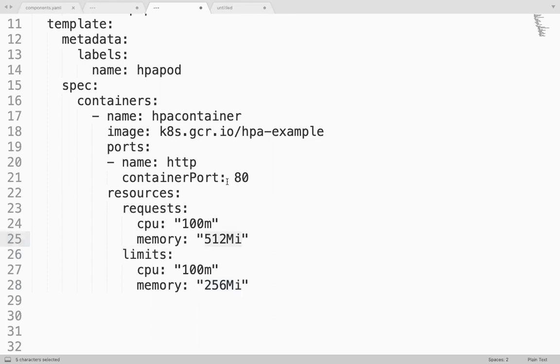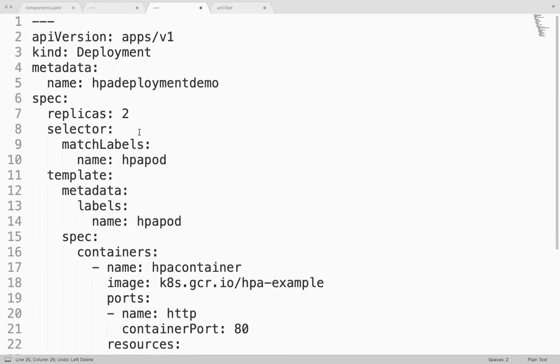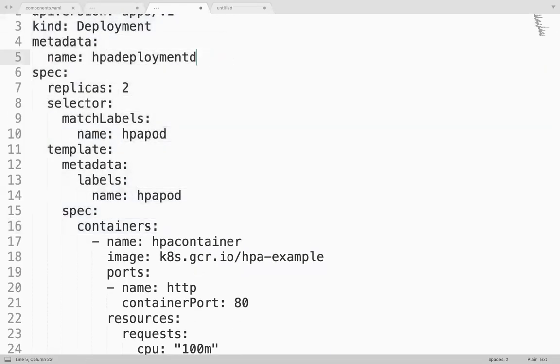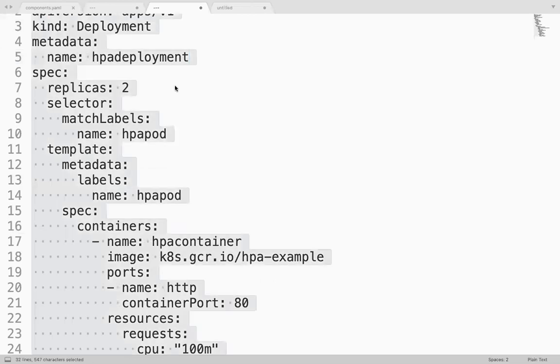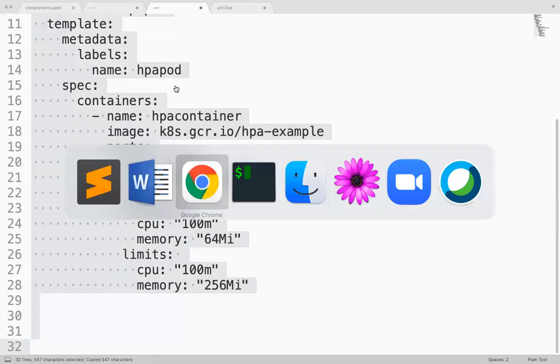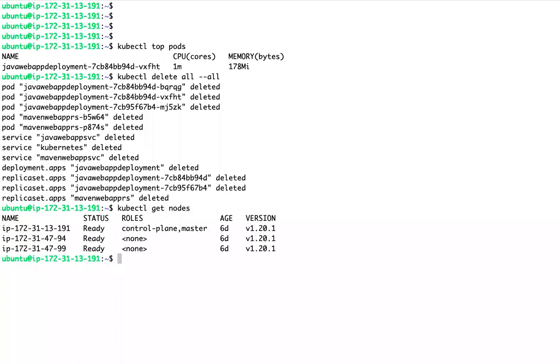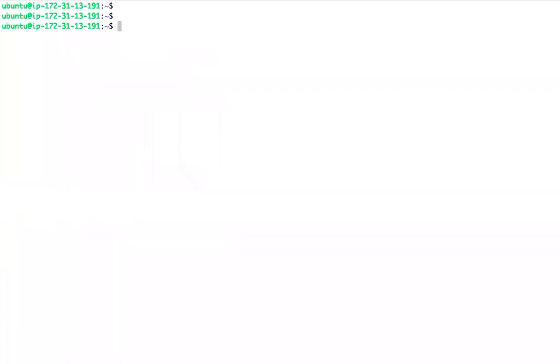So now let me deploy this application. I'm deploying this application. This is one application. Since it's just a 1 GB server, I removed everything, guys. I don't have any application now.